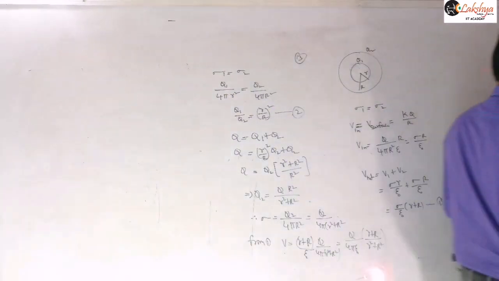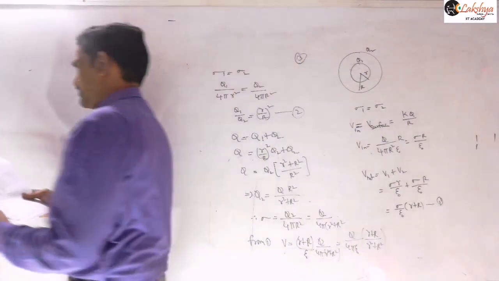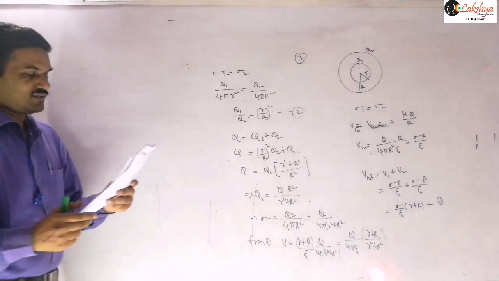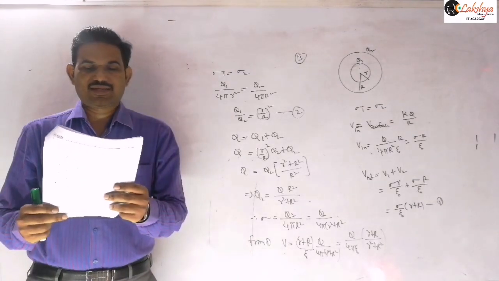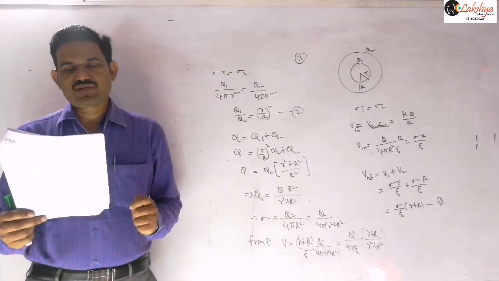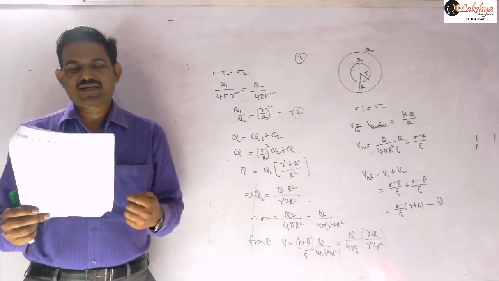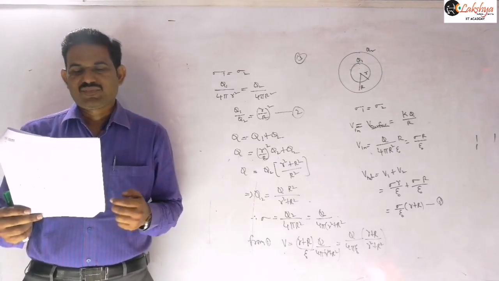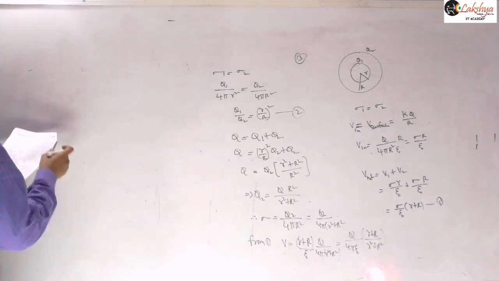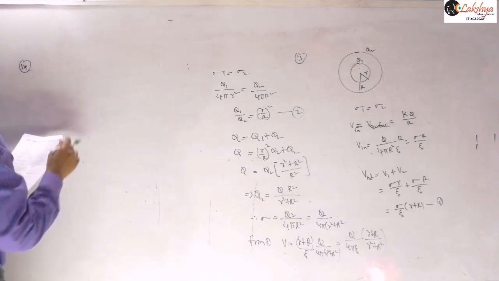And the next one is an inductor question. An inductor coil has a reactance of 100 ohms. When an AC signal of frequency 1000 hertz is applied to the coil, the applied voltage leads the current by 45 degrees. Then the self inductance of the coil is? So this is also a simple question only, an alternating circuits question here.